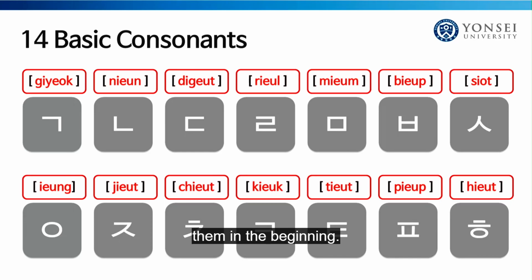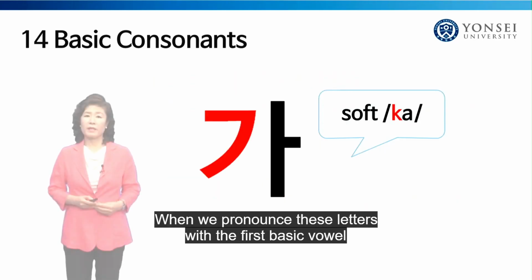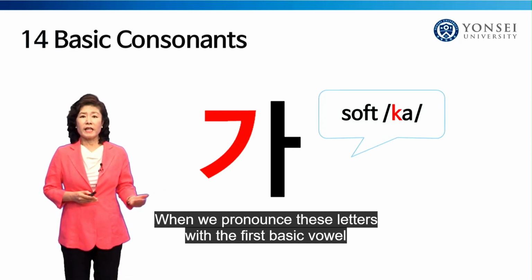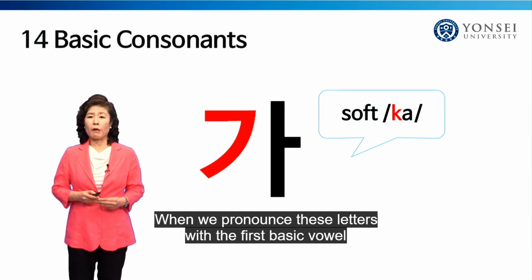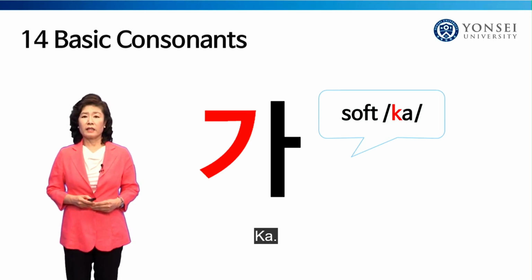Just take time to practice. We will pronounce these letters with the first basic vowel a, ka, na, ta, ra,